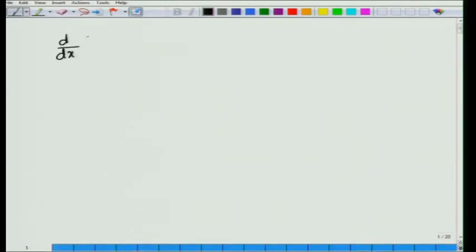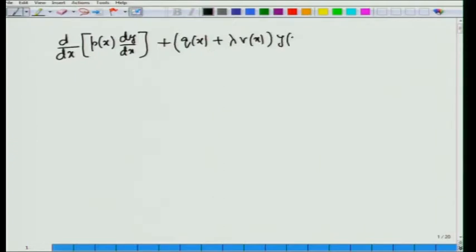by d/dx of p(x) dy/dx plus q(x) plus lambda r(x) y(x). This is equal to 0 for the homogeneous boundary value problem and this is equal to g(x) for the non-homogeneous boundary